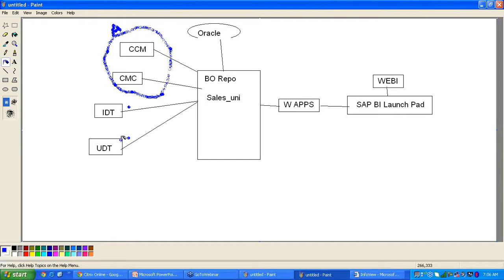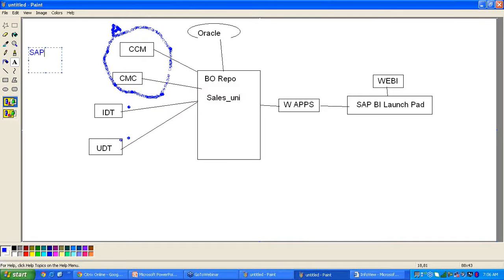Still, UDT is there, but in the next version, BO 4.1, you may not find the UDT tool. You will see only the IDT, the Information Design Tool. We can implement universes through the IDT by connecting to different databases. What are the different databases?